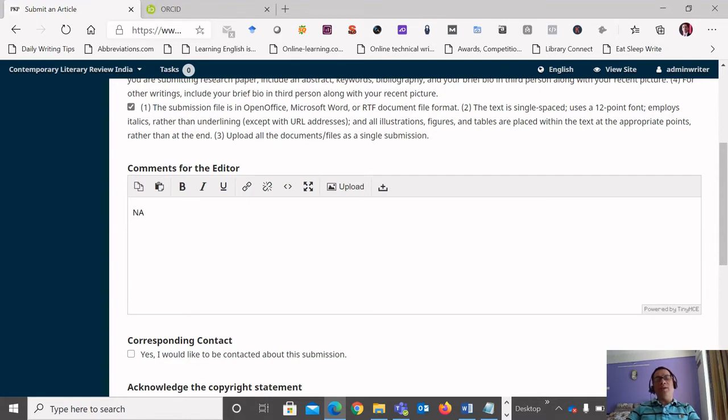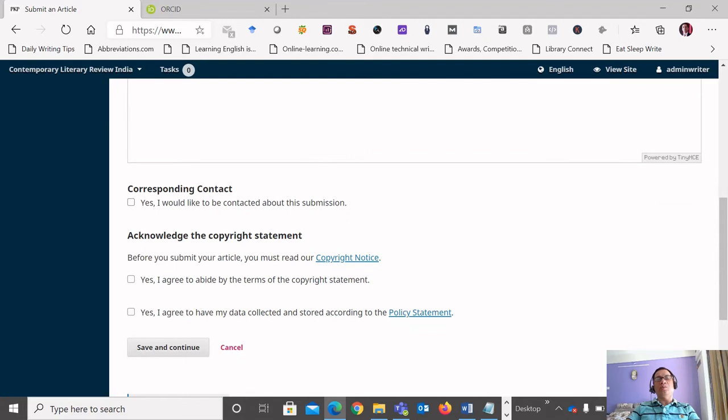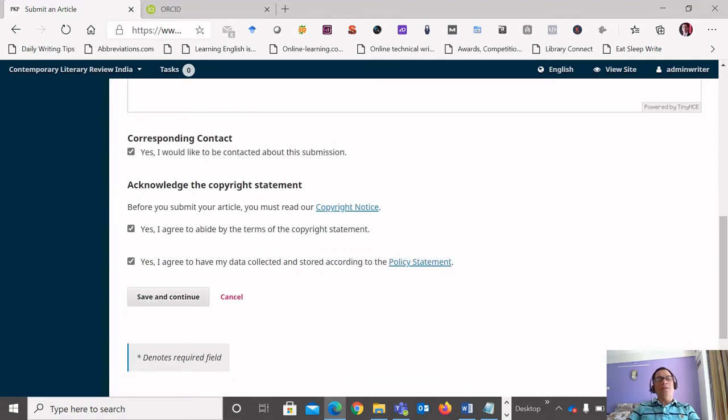If you do not have any information, then you can type NA for not applicable. If you are going to correspond directly with the editor, then select yes, so that the editor or any staff member can contact me via email. So select these options as well and click save and continue.